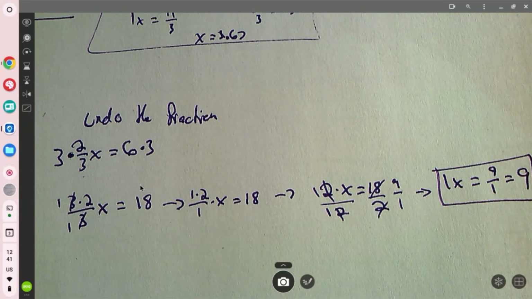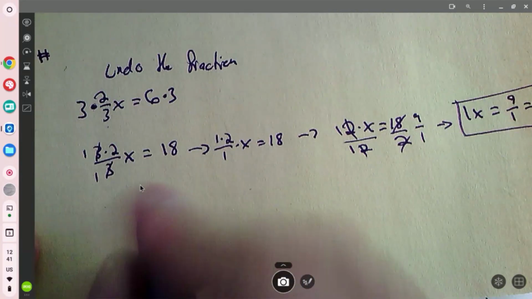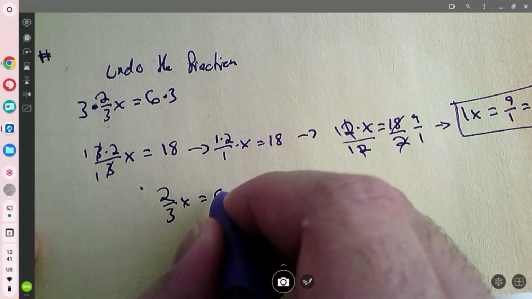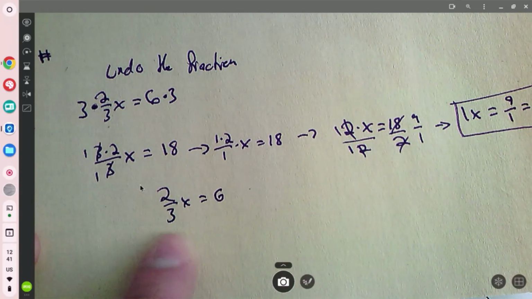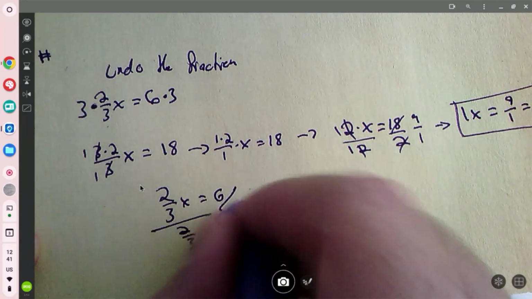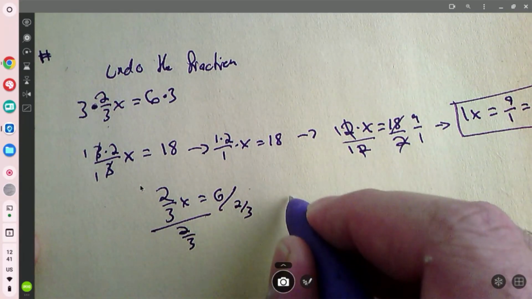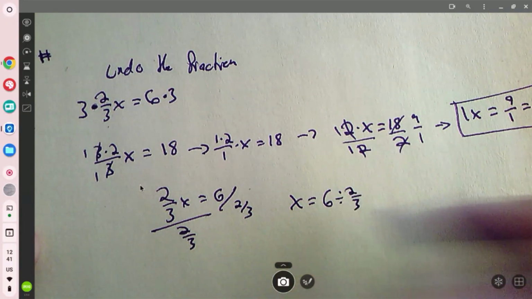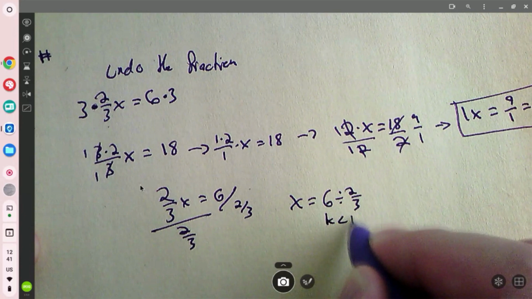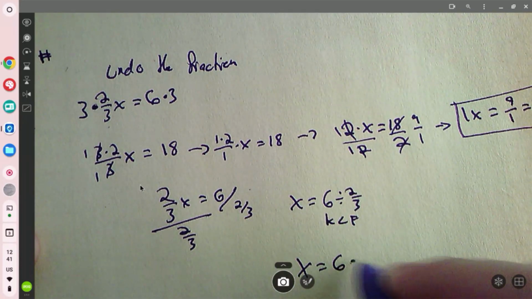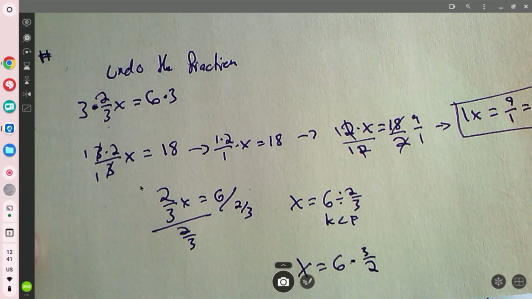Okay, the other way we could have done this is through keep, change, flip, where we divided by just the fraction. So I am going to show that way just so we know, but we will get the exact same answer, right? So 2/3 x is equal to 6. Divide by 2/3, divide by 2/3. So we will have 1x is equal to 6 divided by 2/3. We can do our keep, change, flip, and we get that our x is equal to 6 times 3/2, right,